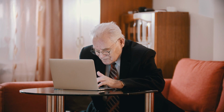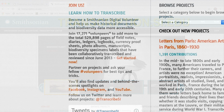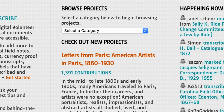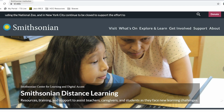Adults that have a little extra time on their hands can support the Smithsonian by helping grow the online knowledge base. The Smithsonian has a Smithsonian Transcription Center, which basically you can log on and actually help transcribe archival documents, journals, diaries from across the Smithsonian, and help preserve that history, make it more accessible for computers and searches. And that's really a nice way to give back as well. Even just transcribing one page really does support the Smithsonian's efforts to make sure that those resources and archives